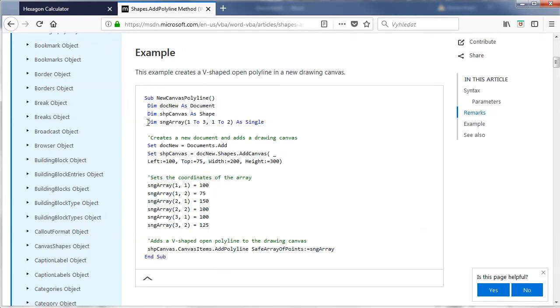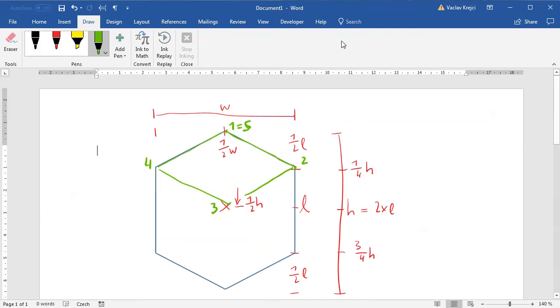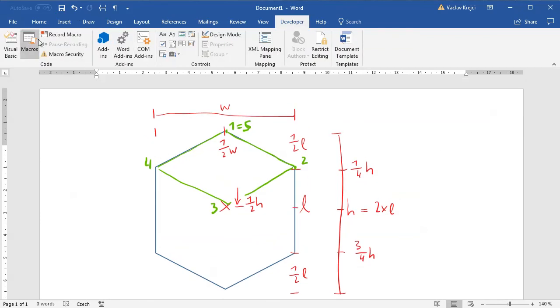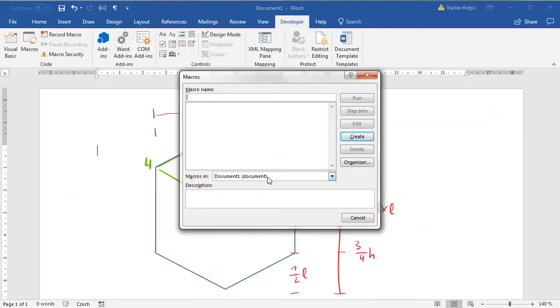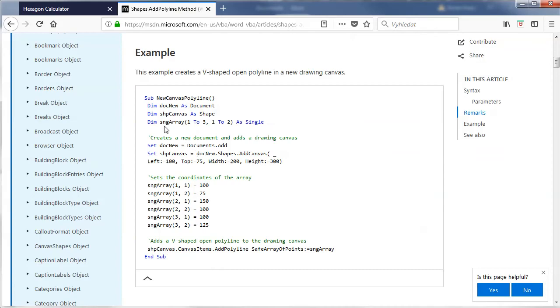So it seems like we need an array with those points, then we will set the positions of those individual points, and then we will draw the polyline using the AddPolyline method. So let's jump to Word. I will stop drawing and just jump to the developer ribbon, open the macros and create a new macro which I will call draw hexagon. For example, I will create this new macro, and let's start by just basically copying pieces of this code from